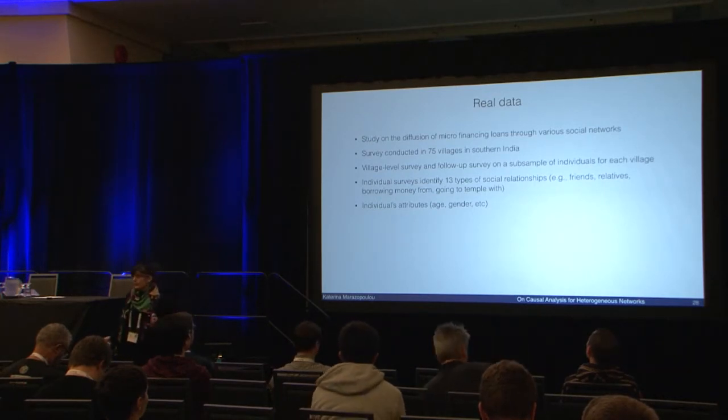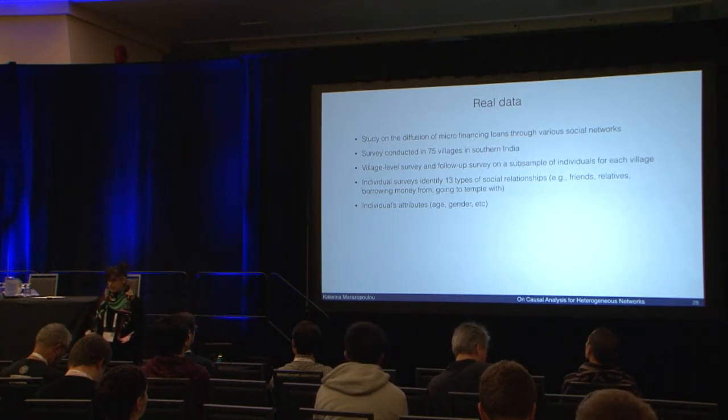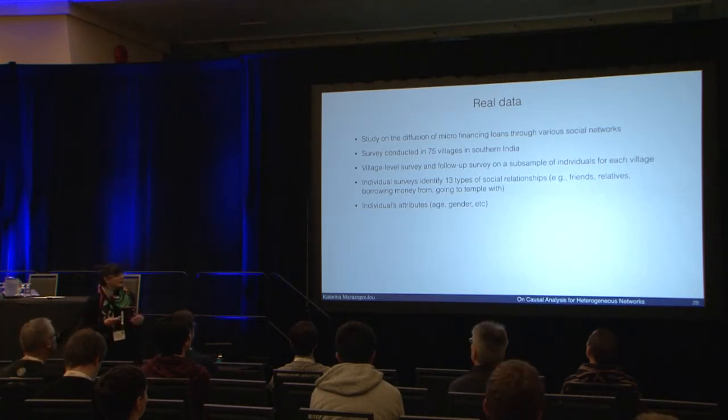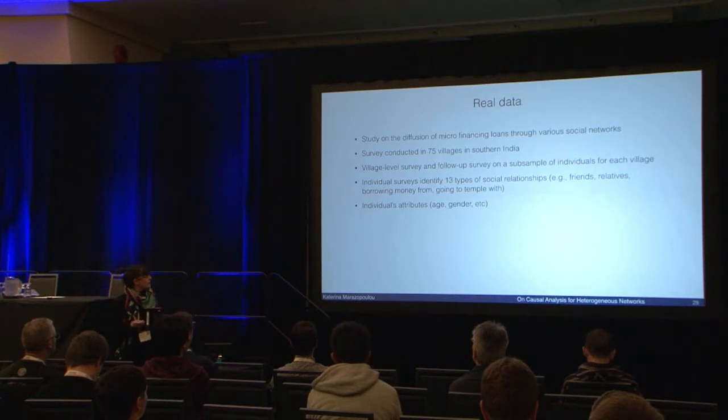The next step was to try to apply these concepts on real data sets. So we found this data set. It was collected from a study on the diffusion of microfinancing in villages in southern India. Effectively, they went to 75 of these villages and conducted village level surveys and individual level surveys. And every person there identified 13 different types of relationships, of ways in which they interact with